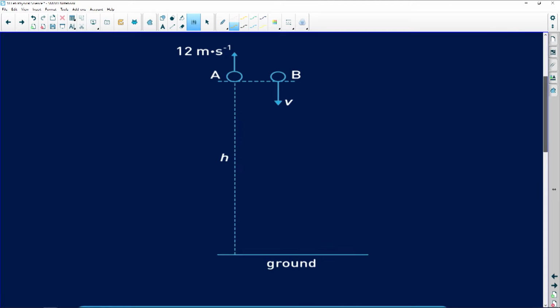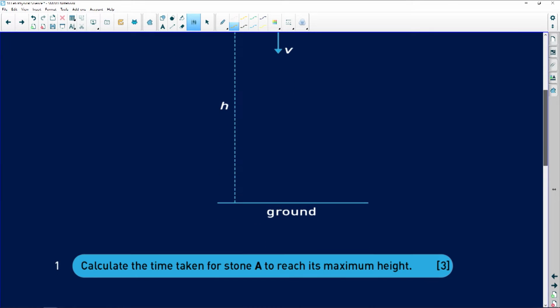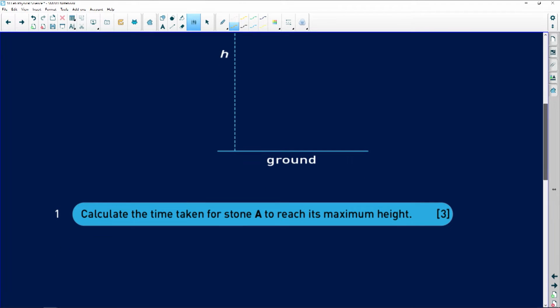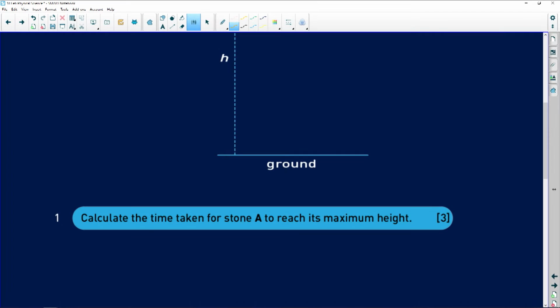Let us have a look at the first question. It says, calculate the time taken for stone A to reach its maximum height. Once again, we've done something similar. We must select a direction as positive or negative. Let us take up here as the positive direction. So if we take up as positive,